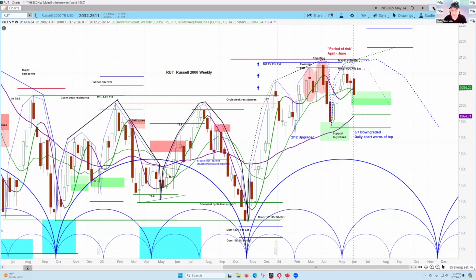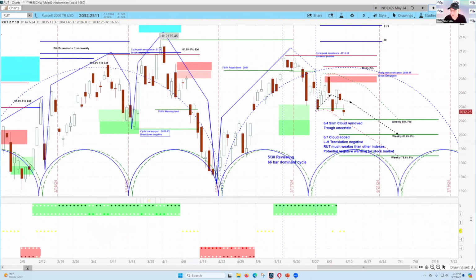I'm going to go to the daily chart and look at this. We have now established that the slim cloud is now moving to the downside. This to me, like DJV asked me early on, what is it about your intuitive sense that says there's something going on that is fighting the upside momentum of the broad market, of those indexes? It's this. And the fact that you get a day like today where the S&P 500 is up 15 points right now, the NASDAQ is up after being weak, but you have a significant negative breadth in the market today. So this is a warning to me.